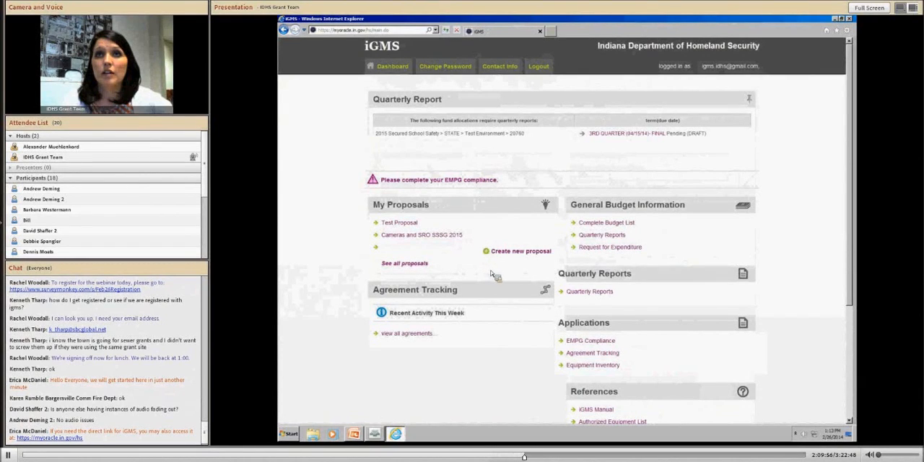So I guess first thing we will do is talk about proposals. Kim and Erica talked earlier about the different grant proposals that we have and the different grants that we manage at IDHS. So the first thing that you want to do if you are interested in applying for a grant